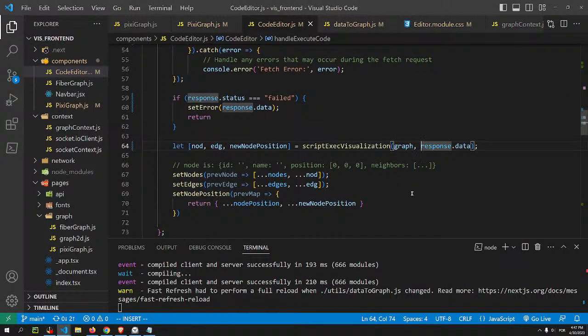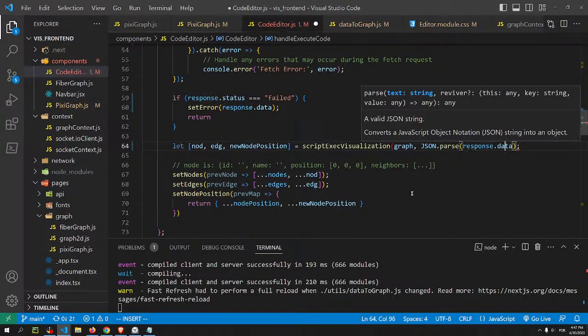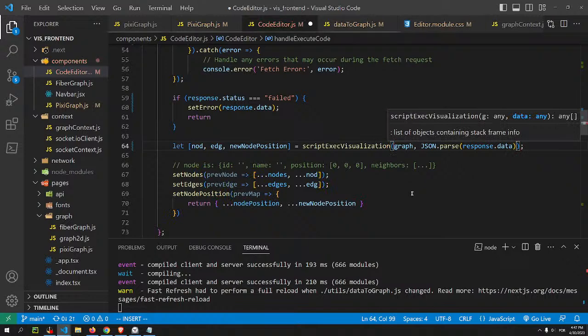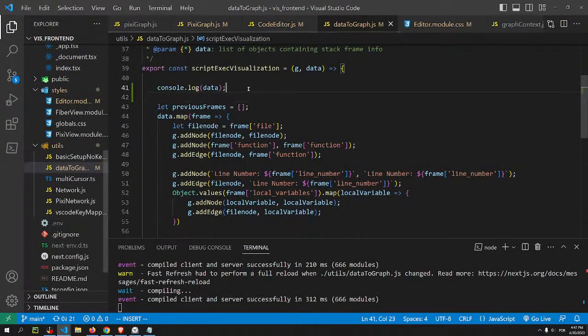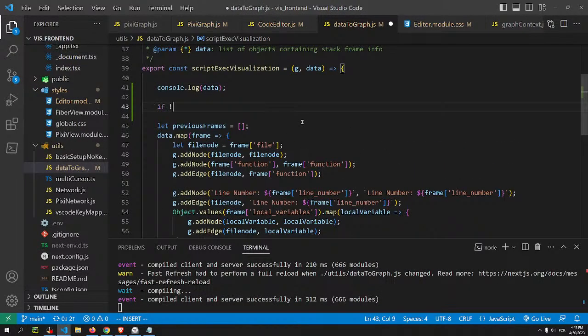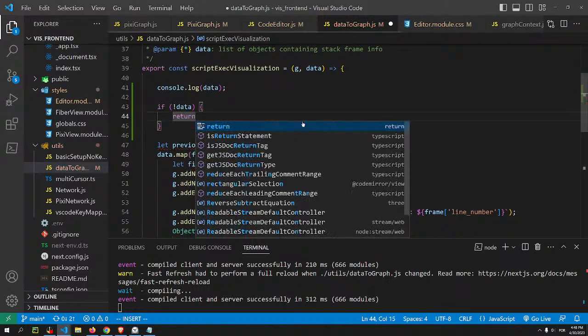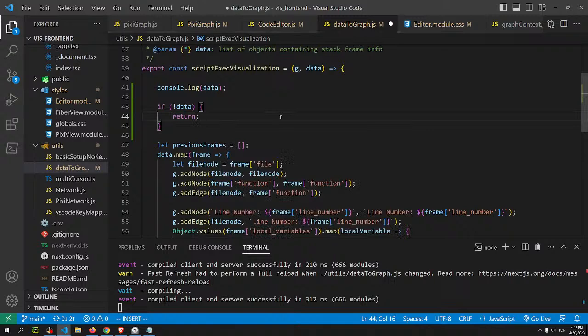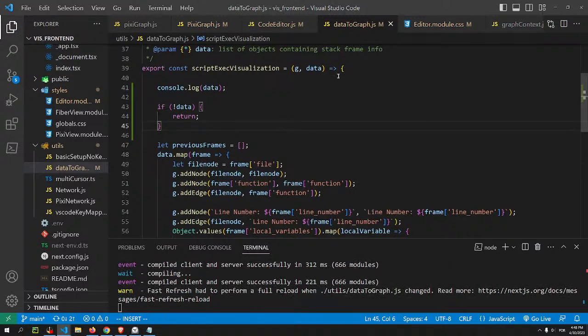That's why it's not working. But maybe I should test. I should put something like this first to see. Oh, actually,